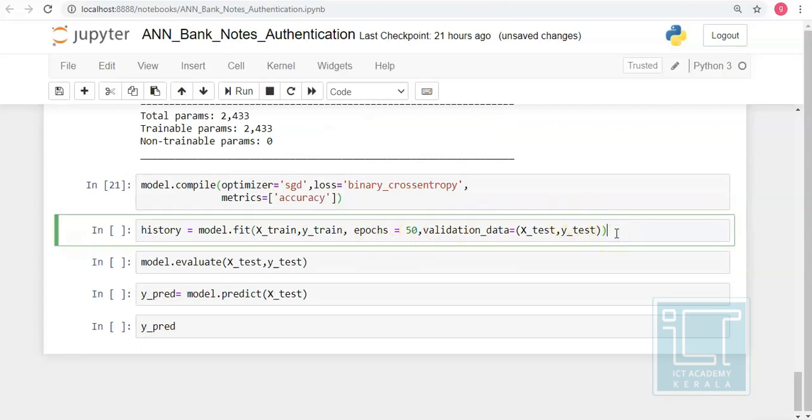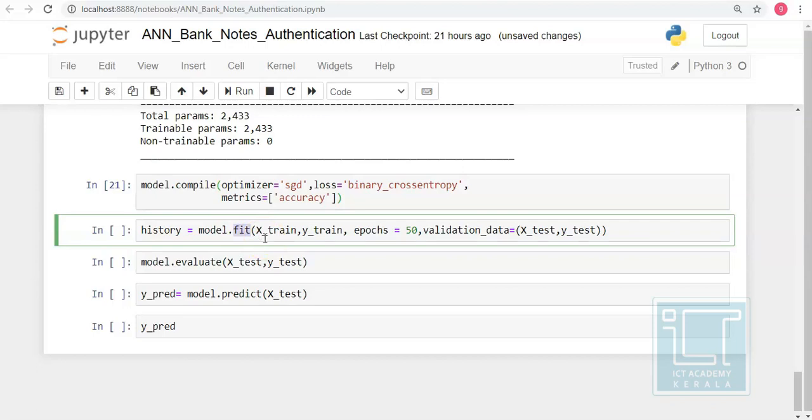As you can see in this section, the instance model that we created has 2 methods, the fit method, and the evaluate or predict method.